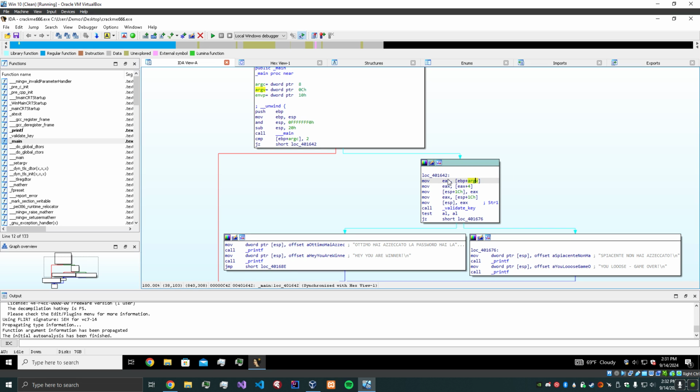So we're moving that into EAX, and then we are adding 4 to EAX, putting it in EAX, taking EAX, putting it in ESP, and then taking this, putting it into EAX again, and then we're taking EAX, moving it into ESP, and we're calling validate key. Okay, so clearly it looks like we are doing something with string 1. So let's go into validate key,